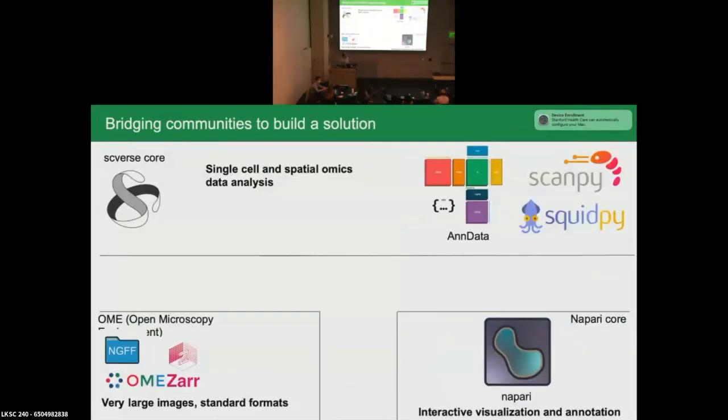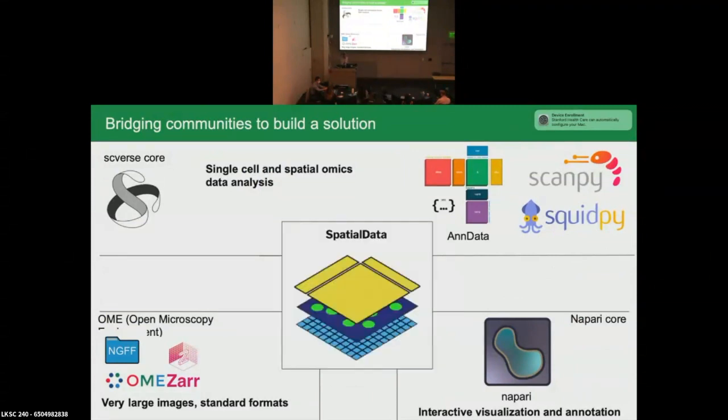The challenges that I described motivated us to join forces. And with us, I mean the SCVerse team with its expertise in single-cell and spatial-omics analysis, the Open Microscopy Environment with its expertise in dealing with very large images and representing data with standard formats like OME-Zarr and OME-NGFF, and then the Vizarr team for interactive visualization and annotation. So together, we decided to build a framework that could address these challenges, and we call it the Spatial Data